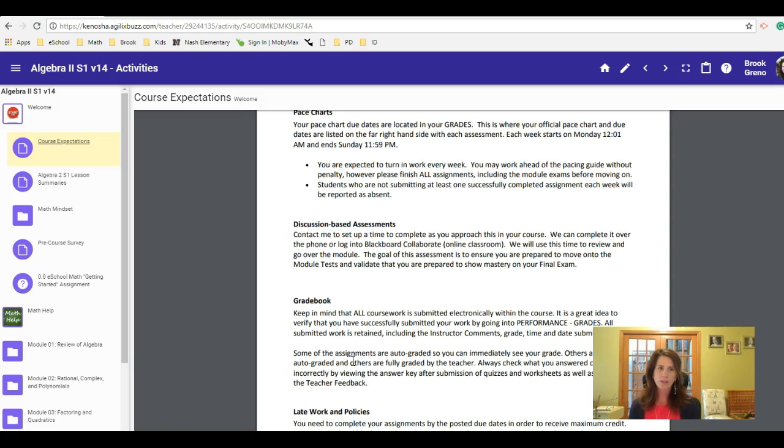I don't want to wait to the end of the final. It's that kind of checkpoint throughout the course to make sure that you're prepared and kind of keep us connected and keep us working together. That's not the only time you can talk to me, but that's for sure a set time at the end of each module. So again, if you need more help, there's lots of communication on a daily basis that can happen prior to that discussion-based assessment.